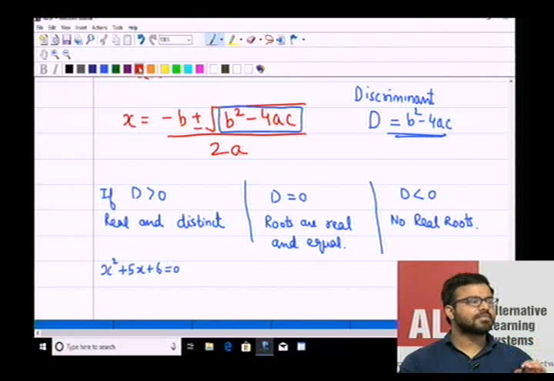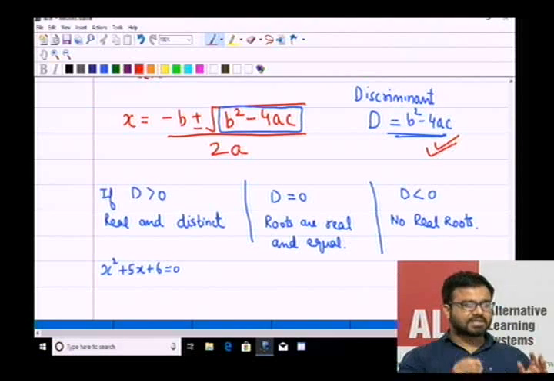there are three cases. The value of D is b square minus 4ac. If you find the value for D,